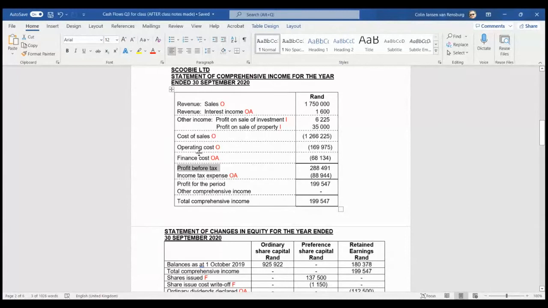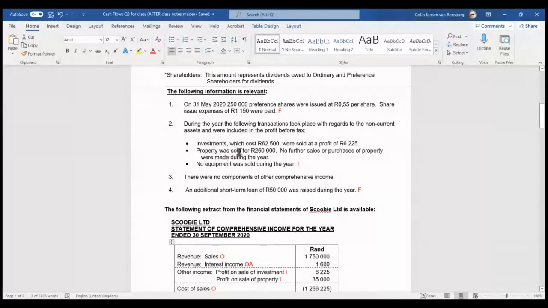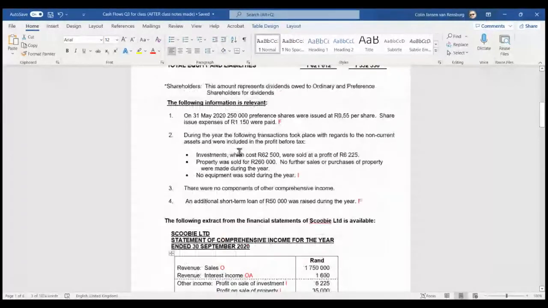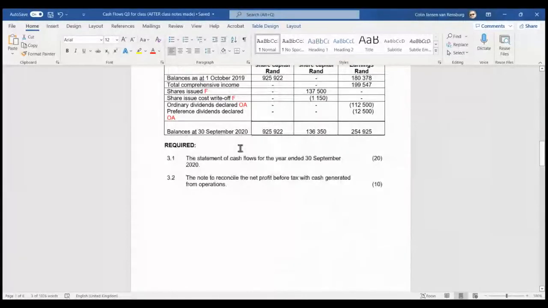So if we had a profit before tax note, then the depreciation would have been indicated in there. But we haven't got that note. They also don't provide it to us here. Let us just see what else we have. We haven't got anything else that indicates that. So the only way that we can determine the depreciation or impairment losses for that matter, or amortization, which someone mentioned last week,